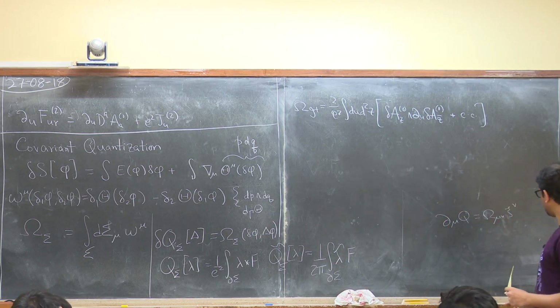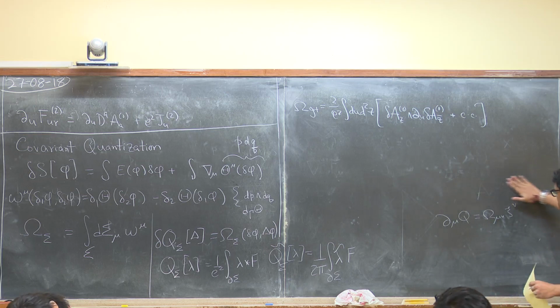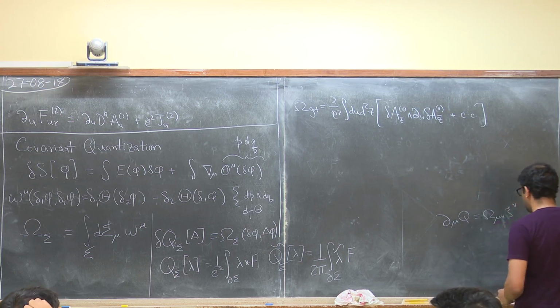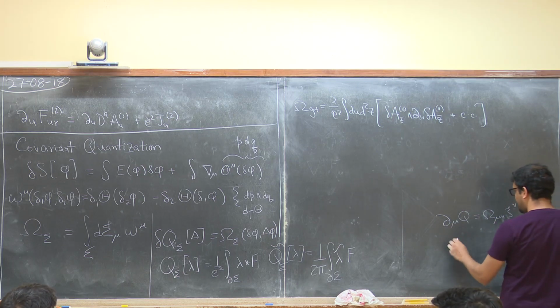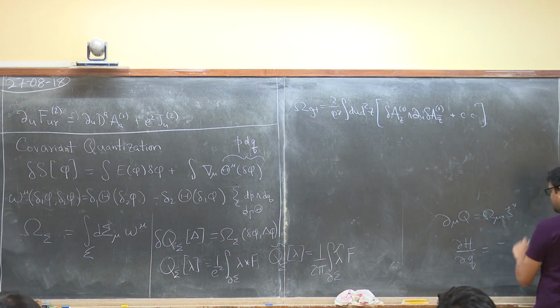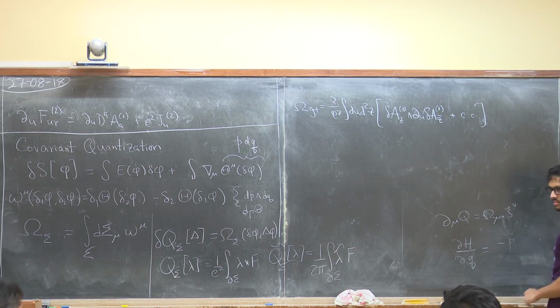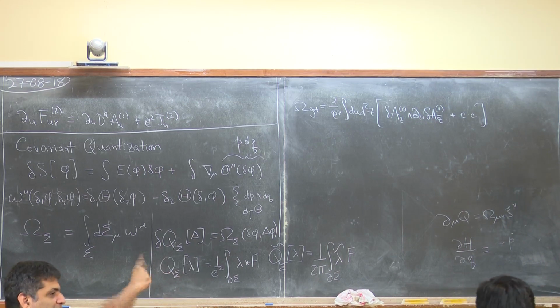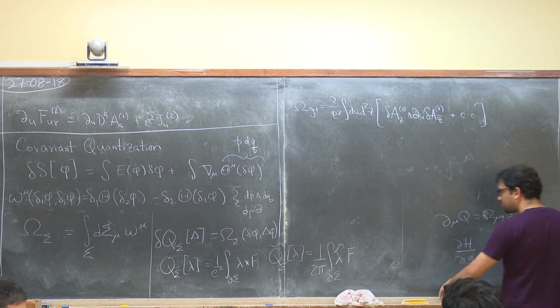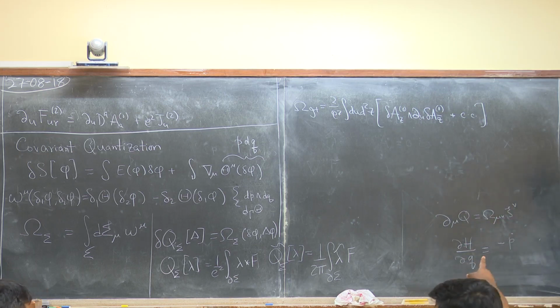In classical mechanics, that would be, for instance, del H by del q. H being the Hamiltonian, del Q is minus the time translation vector, which is p dot. From my point of view, the Poisson bracket itself has a derivative, and this is producing the derivative of that. Yeah, you just take the omega to the left hand side and then you get the Poisson bracket.